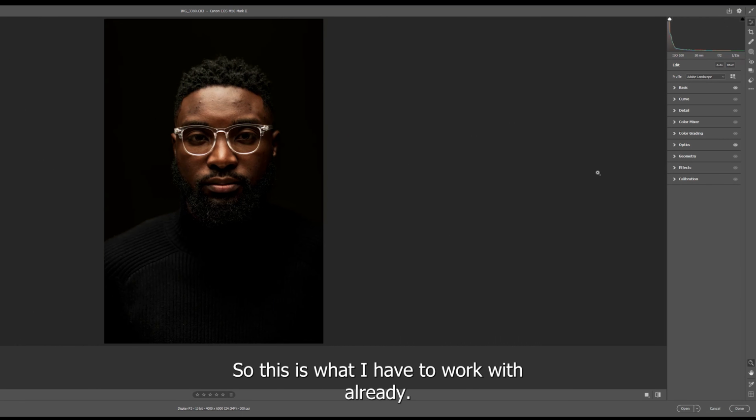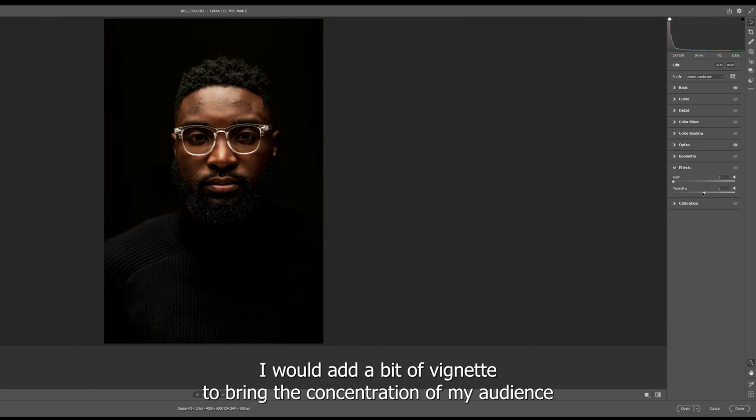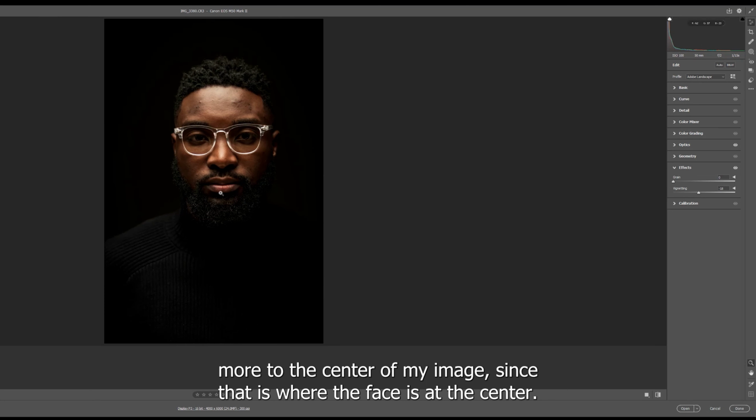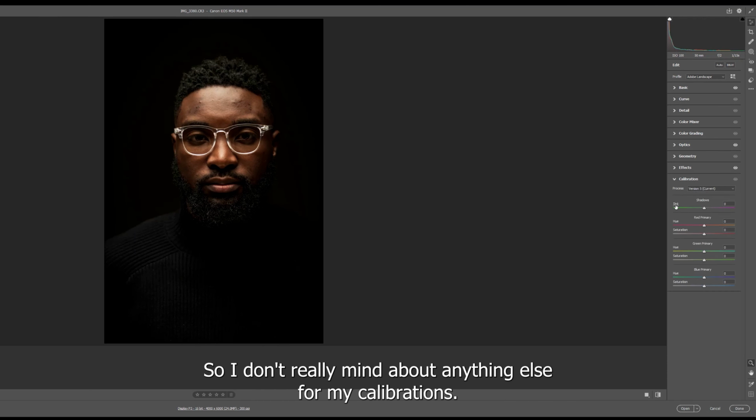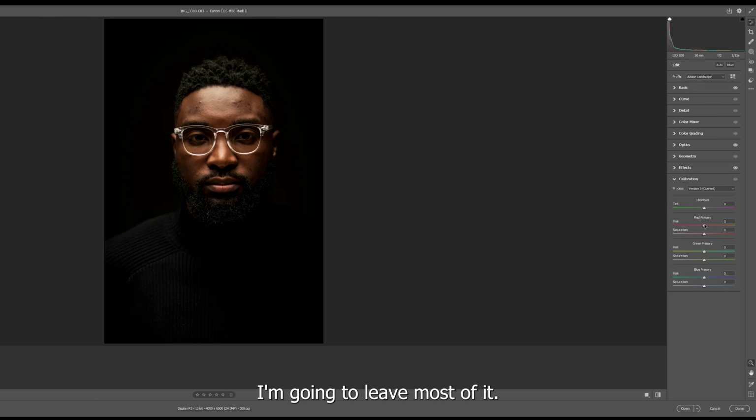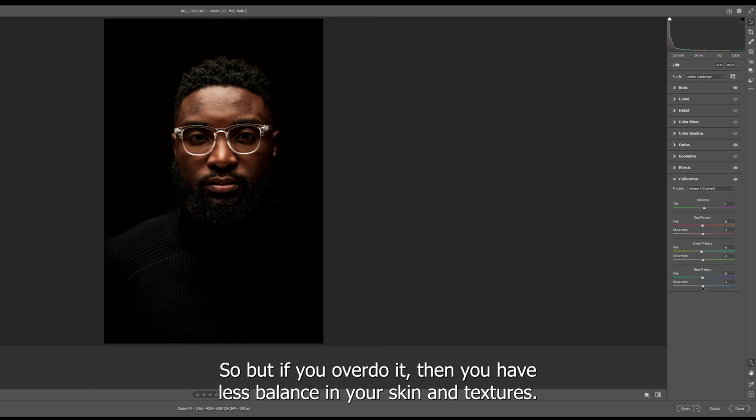So this is what I have to work with already. For my effects, I would add a bit of vignette to bring the concentration of my audience more to the center of my image, since that is where the face is, so I don't really mind about anything else. For my calibrations, I'm going to leave most of it as it is. The reds will be slightly lesser red. I'll subtract the greens significantly more than the reds. And the blues, I think even more, since the fringe is closer to blues. But if you overdo it, then you have less balance in your skin